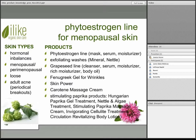Stimulating paprika massage cream, again, we went over that a little earlier, but the invigorating cellulite treatment and then the circulation revitalizing body lotion are two products that pair really well together for the prevention of cellulite and also to smooth out the appearance of the cellulite. It's all about detoxification when you are trying to reduce cellulite, and that's